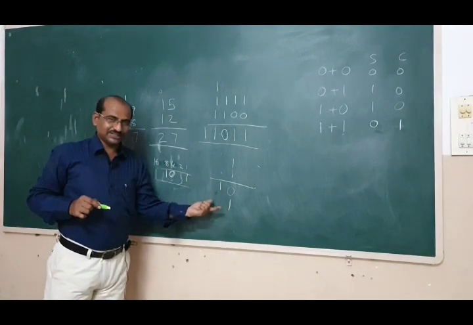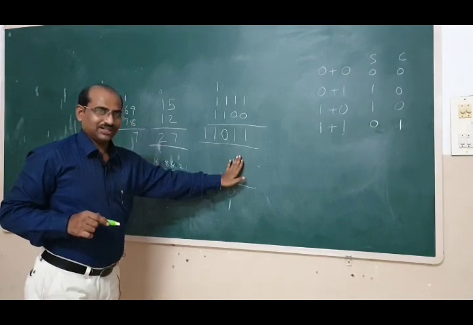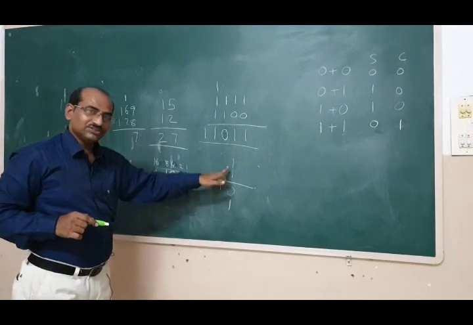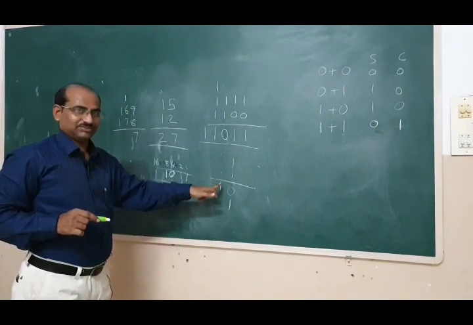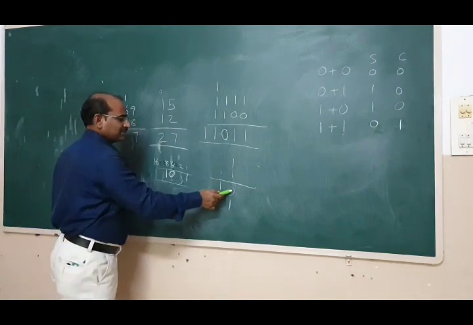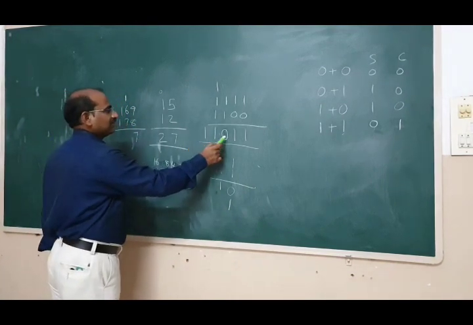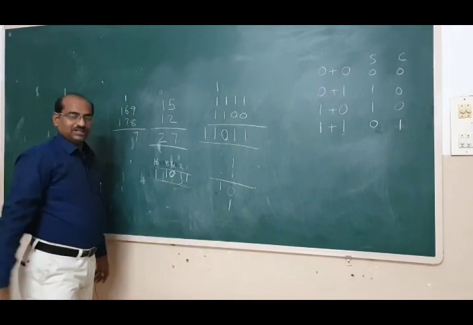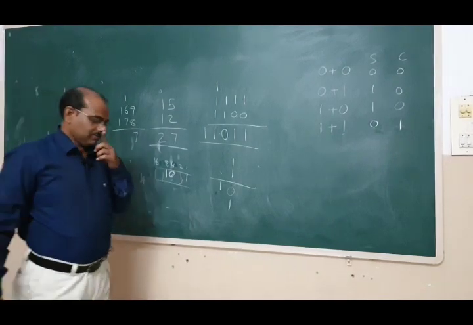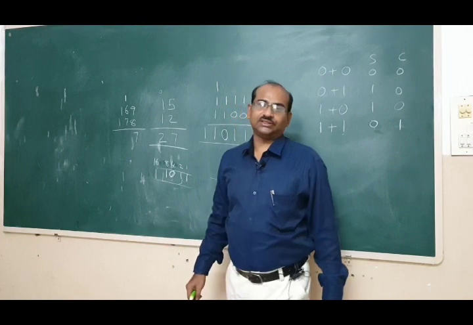Similarly the logic is here. This one is in this stage, right? You should add to 0. I think you got it. So 1 plus 1 is sum 0, carry 1, again you add 1, you will get 1 1. So this is 1 1 0 1 1. This is how we add binary numbers, right?